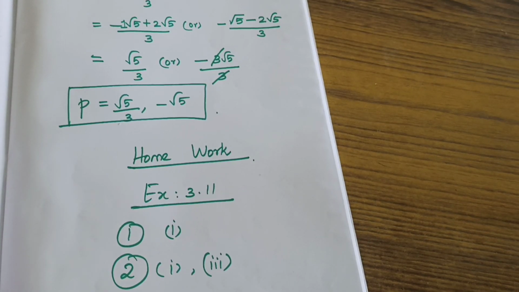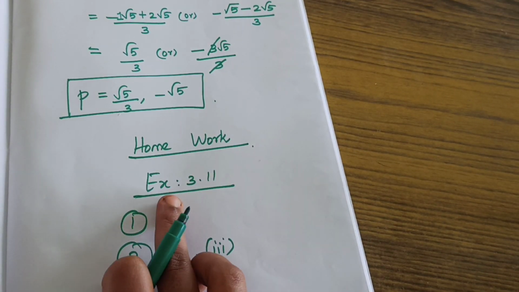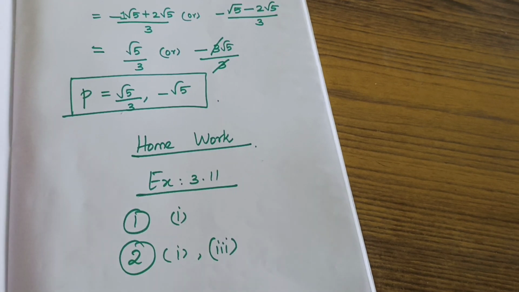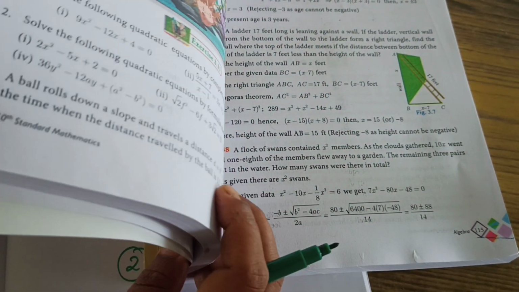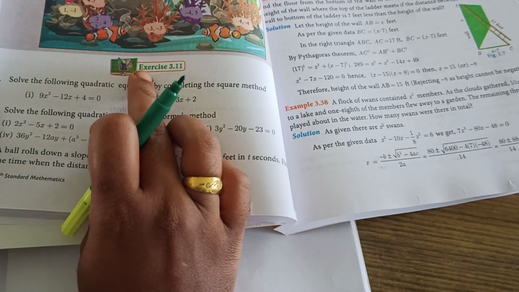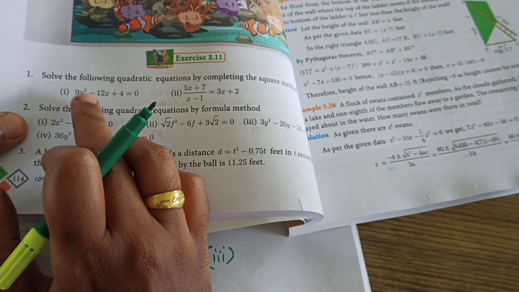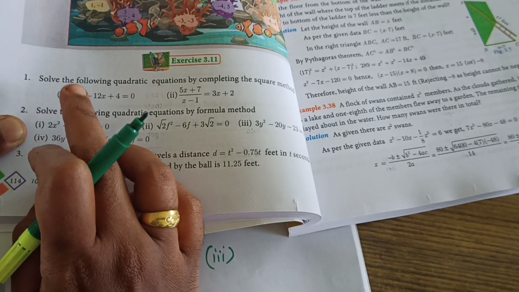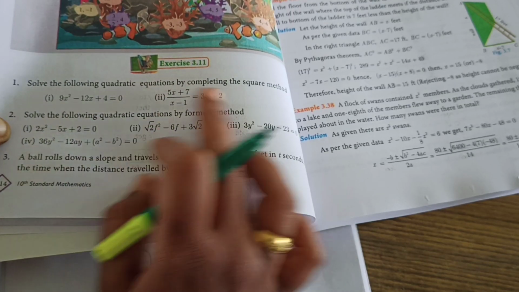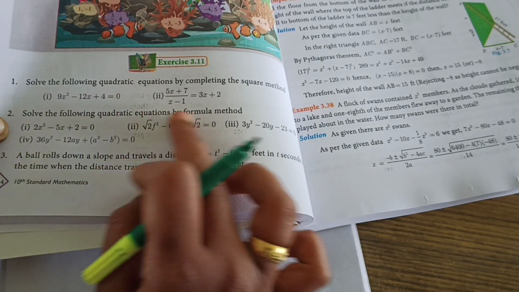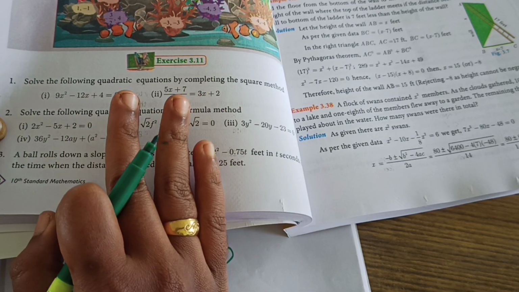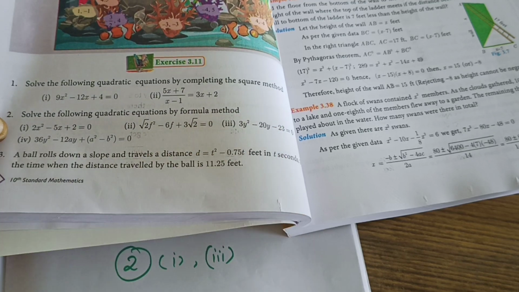Okay, dear students, mark the homework problem. Homework problem, exercise 3.11. First Roman first problem and second Roman first and third. See here, page number 114. Have you seen? Okay. Exercise 3.11, first Roman first problem. Second problem we can do, no problem. First problem homework, and here second first problem as well as third problem. First one completing the square method, step by step you need to do. This one formula method, apply the formula and you will get the answer easily. So 3 problems homework. Okay, the rest we can solve now.